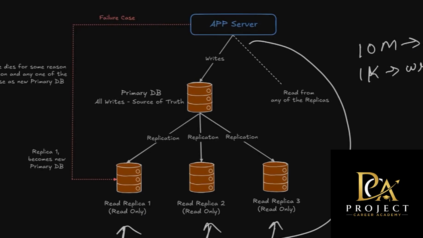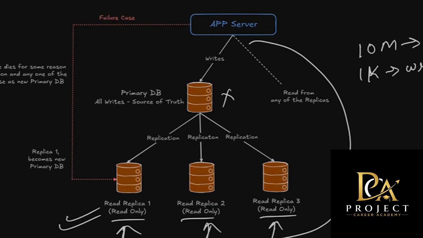Database replication basically has a primary database which only does the writes. And then we have the replicas. These are the secondary databases and they only perform the reads. So your primary database will become the single source of truth. Its responsibility will be to handle all the writes, store the latest data, and replicate the updates to all the replica databases. And the replica databases in turn will handle the read traffic. They will reduce the load on the primary database and improve the scalability.